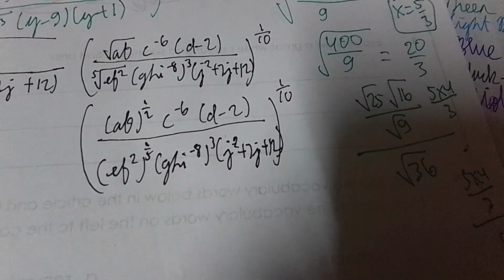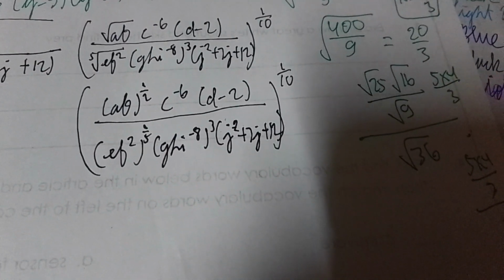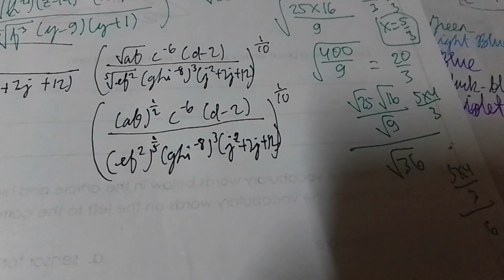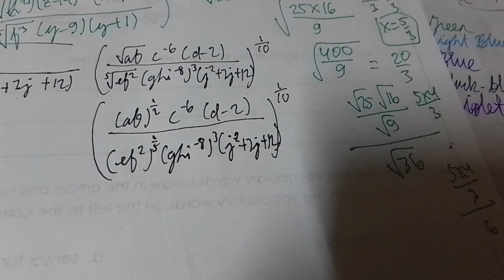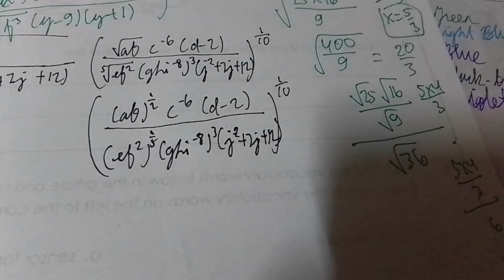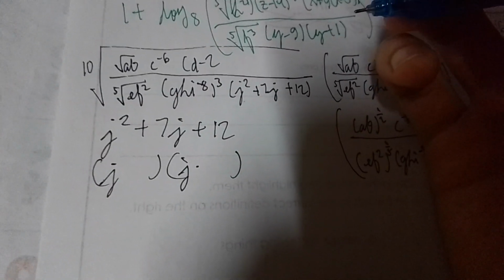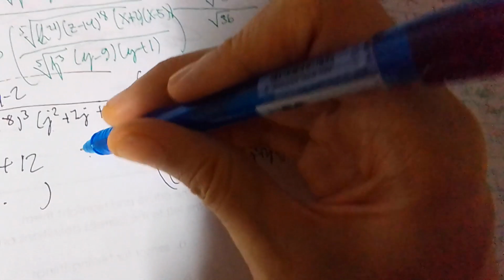Lalo na yung nasa denominator. We have to work that out first. Pero for the sake of J squared plus 7J plus 12, that can still be written as a factor. We can factor this out. So let's work this out here. J squared plus 7J plus 12. Di ba? We factor this out. And we're supposed to get J, di ba? And then remember, what two numbers can you multiply together to give you